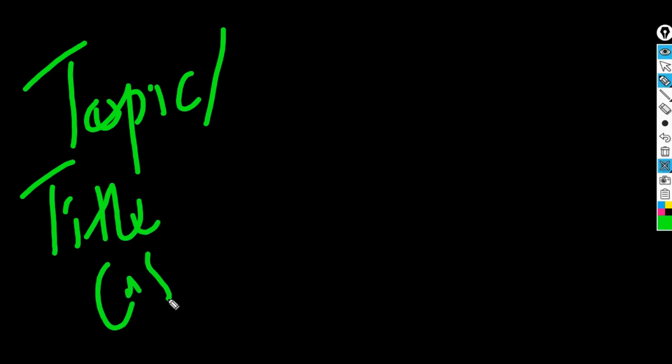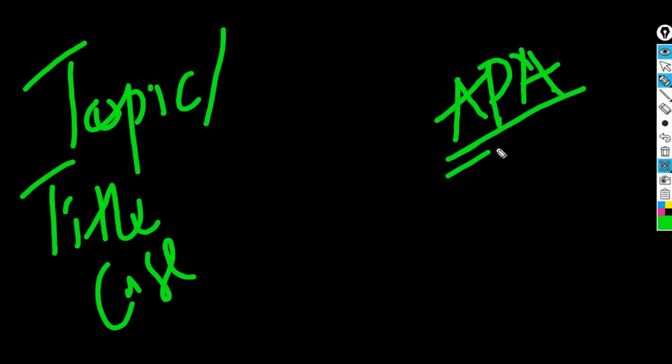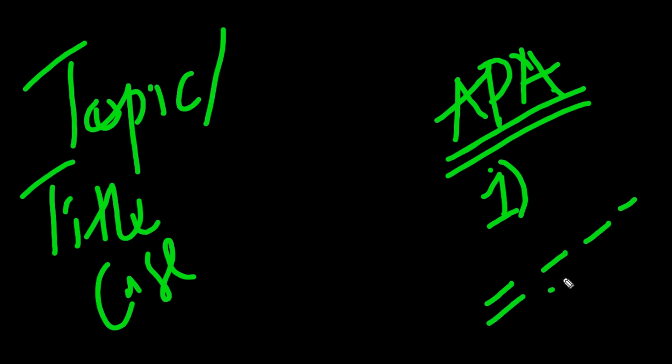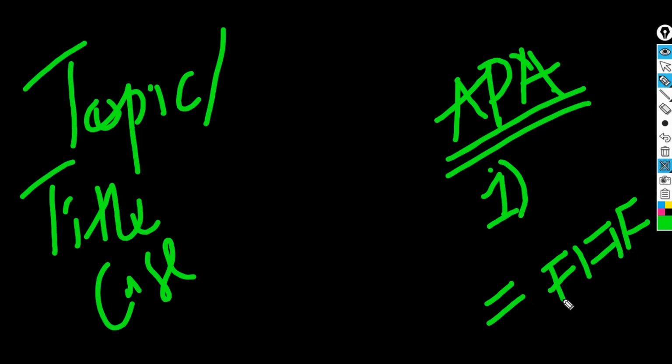known as the topic case. Okay, so I'm going to talk about the topic case, or other guys call it title case. So in APA, like I said, you're going to talk about APA. In APA, I'm going to send you, and remind me when you submit this work, the instructions of topic case. Okay, for example, if it's a topic, all significant words should begin with a capital letter. So that one I'll not emphasize because most of you know. But if you don't know, you can call me and let me clarify for you.